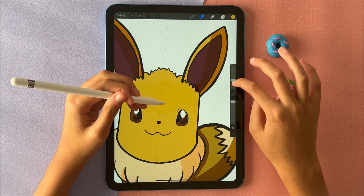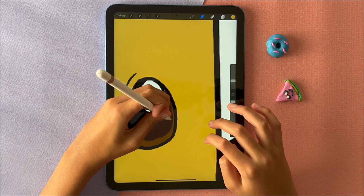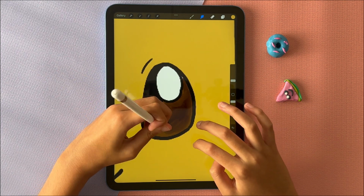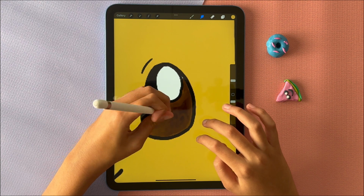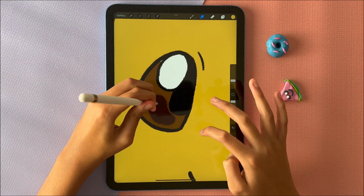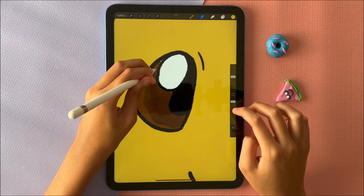And then we can use the smudge tool, let's set it to 9%, to smudge it a bit. We're still going to use Gaussian blur, but this is just to get it into shape so that when we blur it using Gaussian blur, it doesn't look too fake. It's okay if it's just scribbles. You can also go over here, make the brush even bigger, 23%,